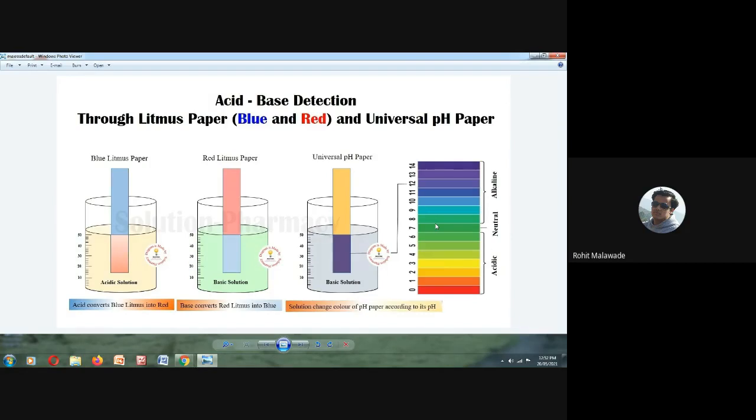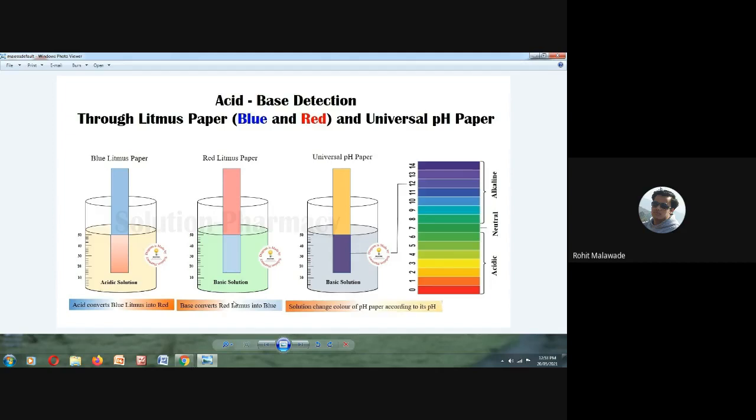So after removing it from your water sample, whatever color it comes to, we are going to match that particular color. Wherever the color matches on the scale, it tells you that the water has that particular range. Now this is matching with purple, so it is telling the pH is 12. Now this is matching somewhere between 9 to 10, so it tells an approximate value. Now this color is reddish in nature, so it is going to be a strong acid.